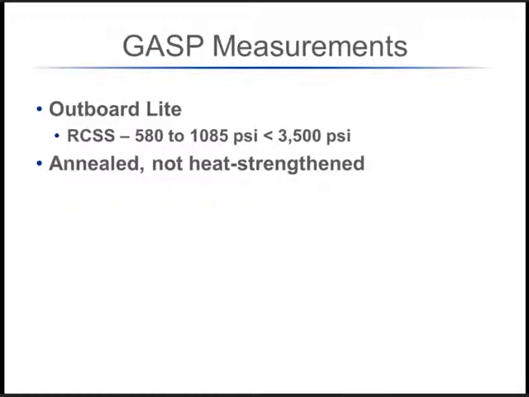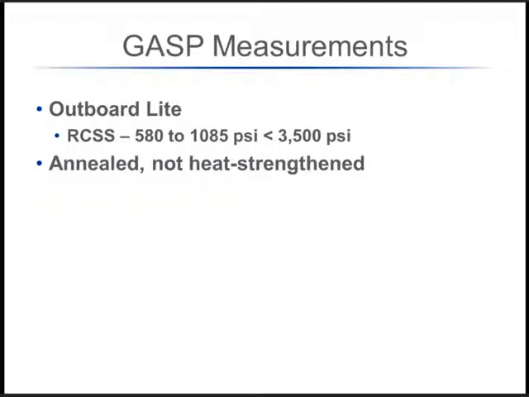So we started with the outboard lights, and we were looking at our GASP measurements, and we were finding that we were getting much lower stress RCSS values than we had anticipated. Originally, we thought that those outboard lights were heat strengthened based on the breakage pattern that we'd seen, when we actually found that it was annealed glass. You can see here the stress levels that we found were 580 to 1085 psi, which is markedly less than the 3500 psi minimum for heat strengthened glass. So we ended up finding out that this was annealed glass, not heat strengthened glass, which